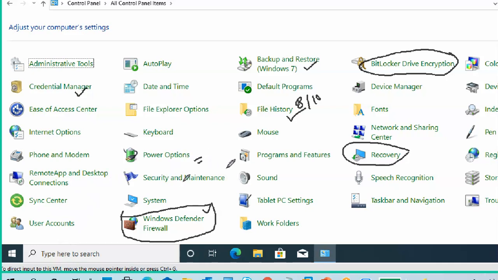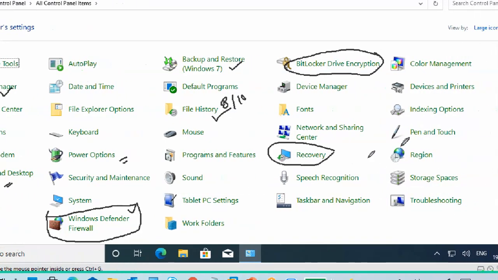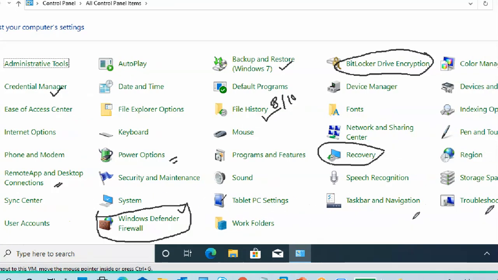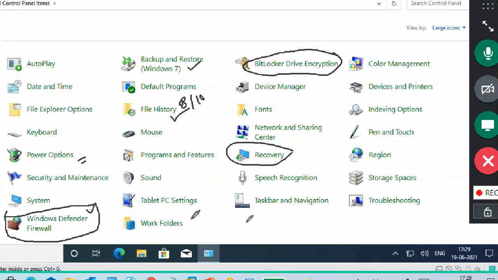This is also common. I'm searching for an option. Please help me. Windows To Go option. Work Folders. It is also there in Windows 8 and Windows 10.